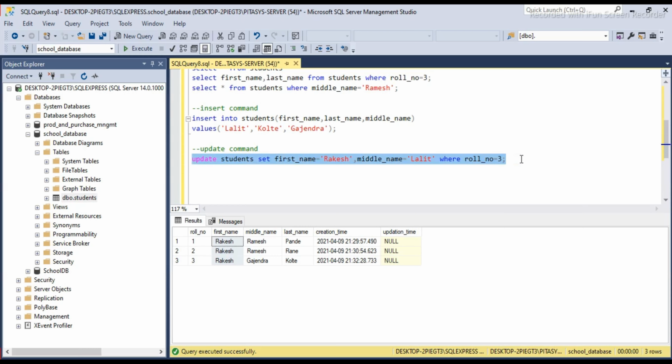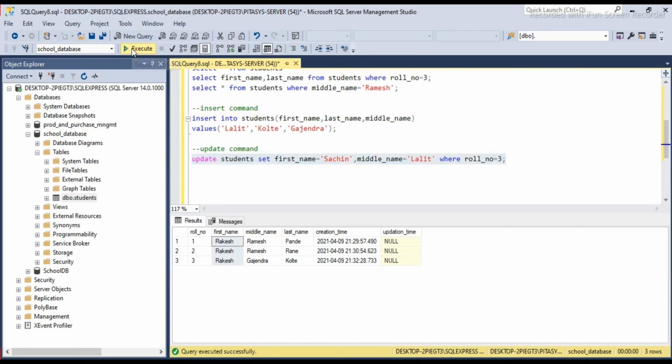What will this query do? This query will change the first name also. I am setting first name as Sachin and middle name as Lalit for roll number 3 in the students table.